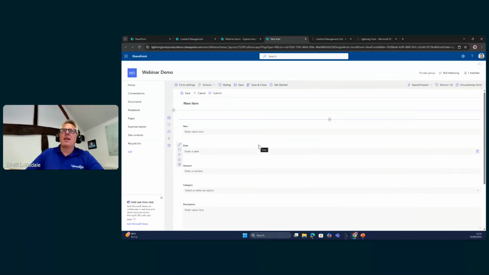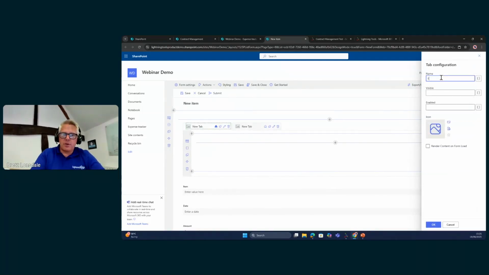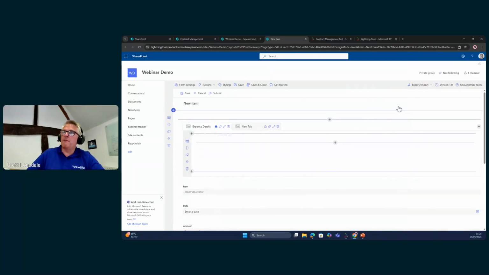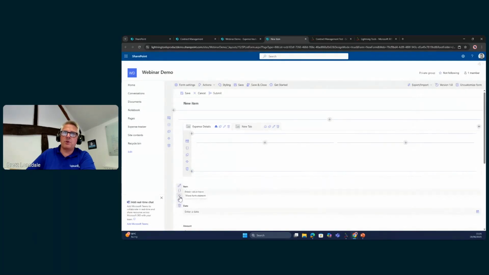I click it. In the form layout, you have the ability to create different sections. So notice in here we've got things like tabs that we can add. We can specify how many tabs we want. We can label those tabs accordingly and so on. So we could have expense details, for example, as one of those tabs. Again, choose a relevant icon, and we can also set the visible or enabled property for that as well. And each of these tabs, you can control the form layout. So notice that we can go to a 2-column layout, and that gives me the ability to drag and drop these fields into the relevant sections of that form and so